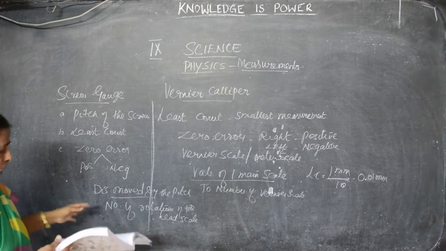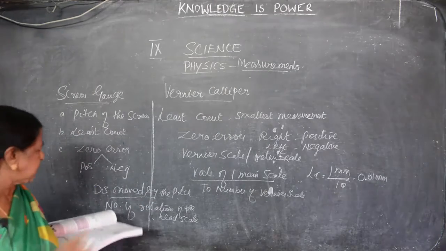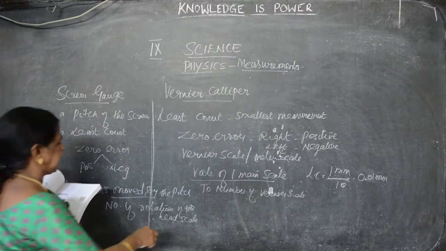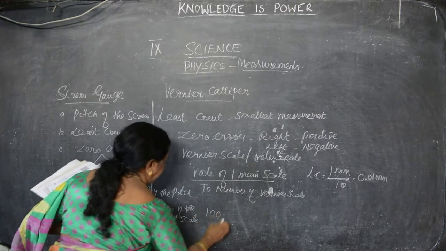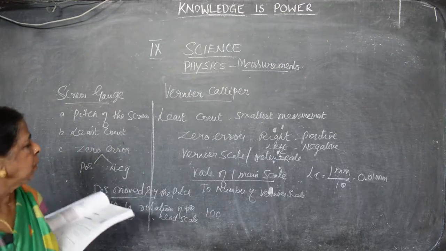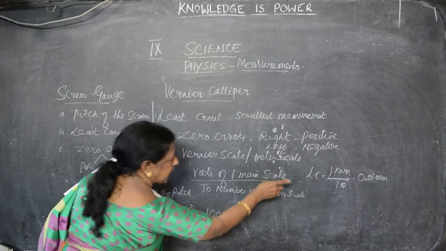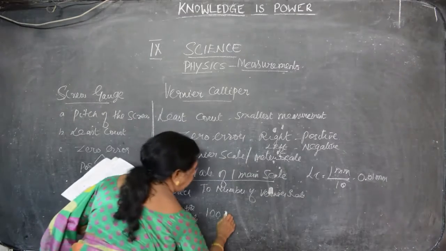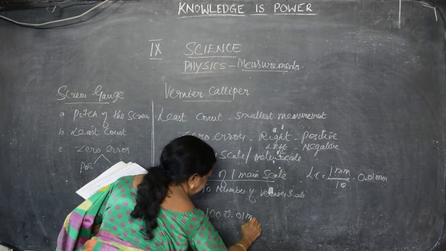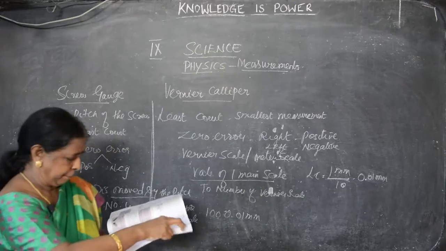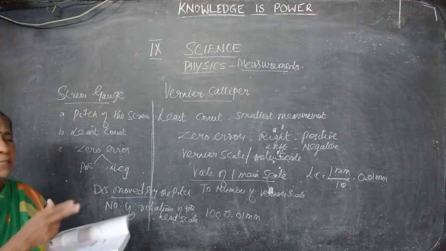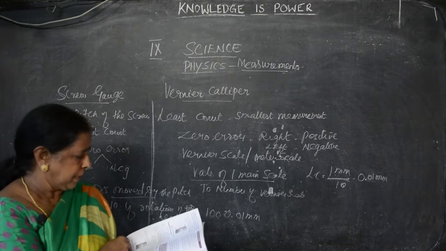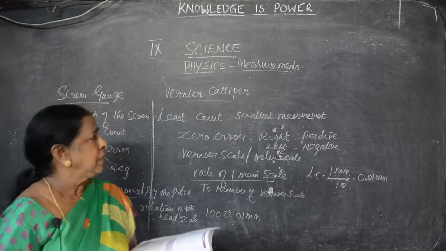Next, we have to see least count. Least count is the value of one smallest pitch divided by the total number of head scale divisions. How many divisions are there? 100. Okay. So the least count, here in the vernier caliper we have seen 0.01. Here the least count is 0.01 millimeter also. Okay, the same like if the error is on the right side, positive error. If the error is on the left side, that is negative error. We have to add either positive or negative.